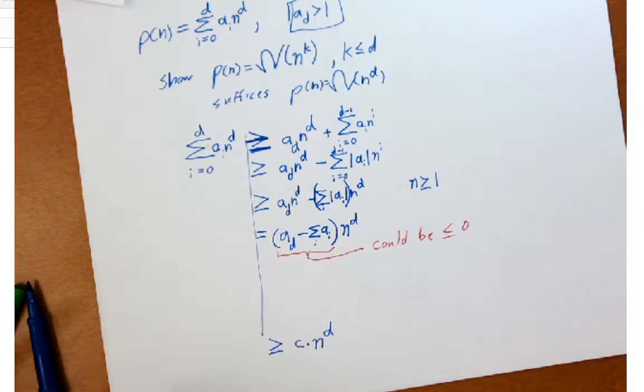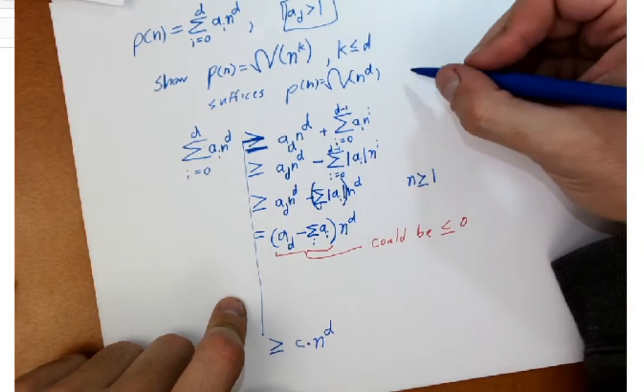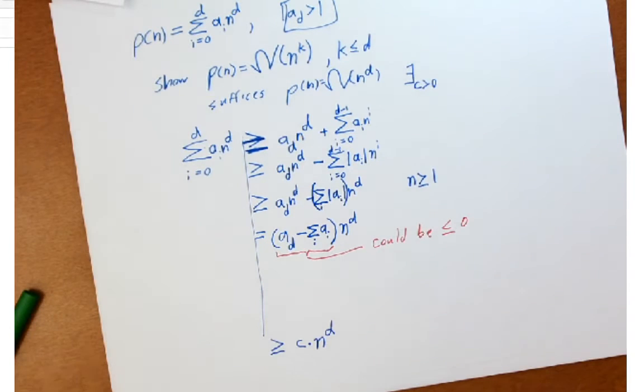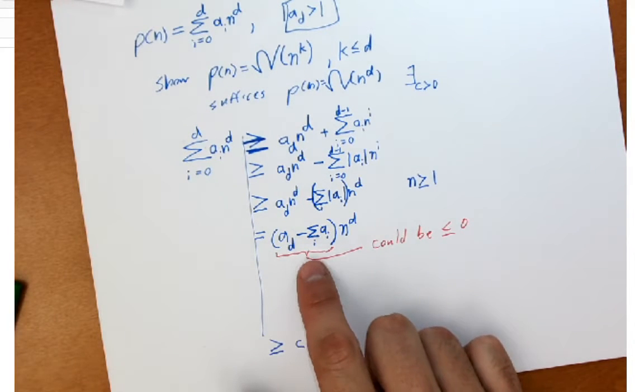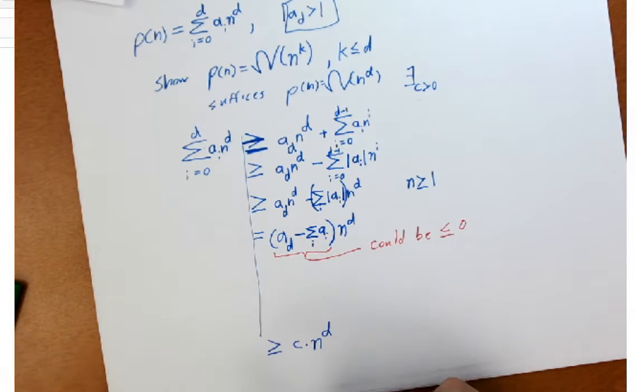Because part of the definition of big omega is that there exists some constant greater than 0. It can't be equal. So we need to figure out how we can kind of fix this to keep it positive. And I think the trick is that